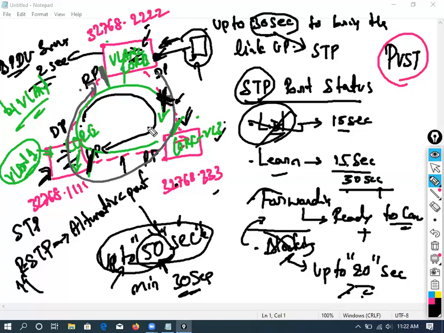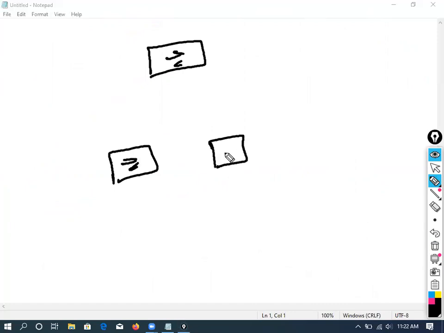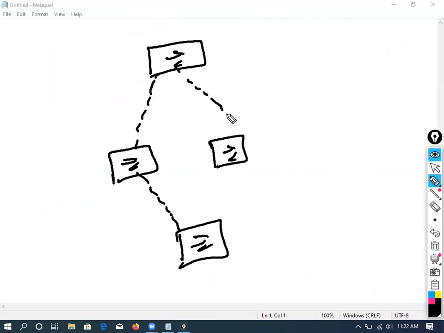Okay, but how will it be helpful as load balancing? No, that's what I said. Let's say I'm going to delete this. Take this switch scenario as an example. How will it help in load balancing? No, I'll tell you. Let's take this. It will be quite easy to understand.